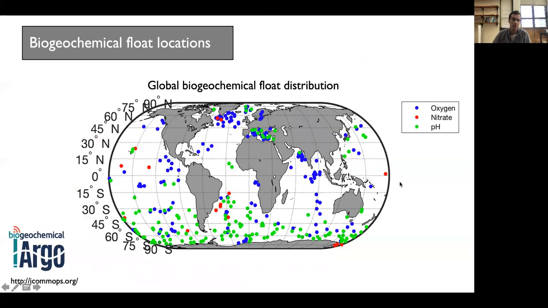So this is a map showing global biogeochemical float distributions. It's not 100% up to date. For instance, the GO-BGC floats deployed in the Atlantic aren't shown here, but this gives you a general idea of the density of observations. So oxygen floats are in blue, nitrate floats are in red, and pH floats are in green. Floats that have pH also have oxygen and nitrate, and floats that have nitrate almost always also have oxygen as well. You can see there's this large high density region in the Southern Ocean, and that is primarily due to